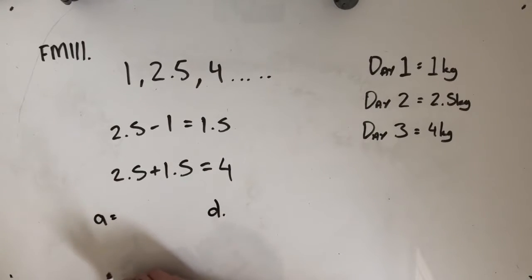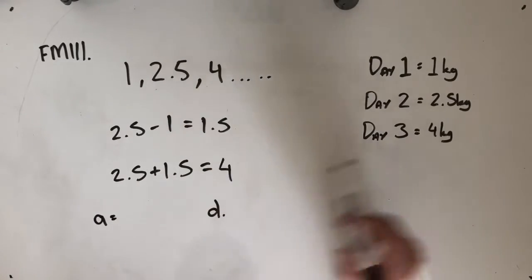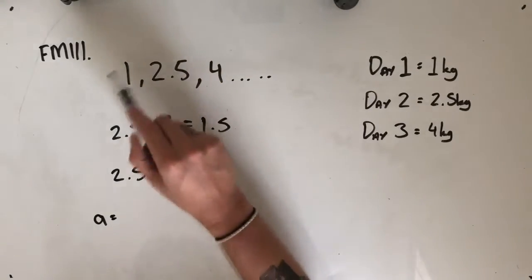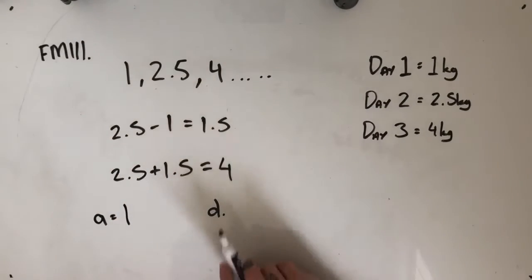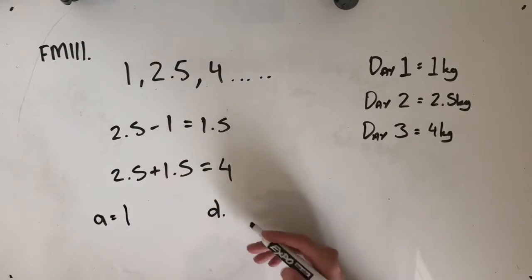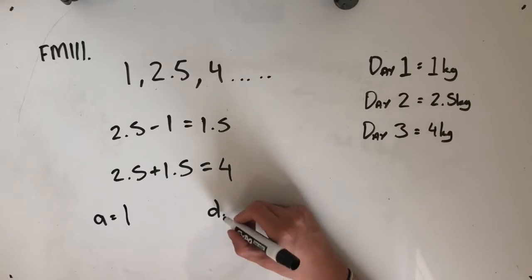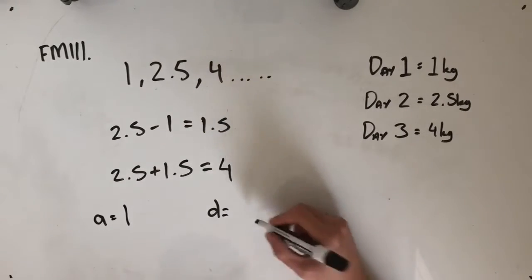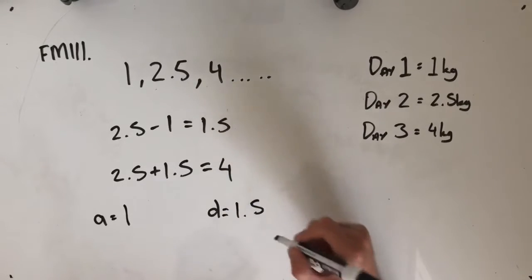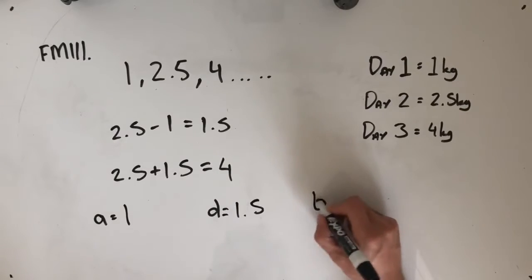Now, both our options A and B tell us that A, which is our first term, our starting value, is 1, and we can see that pretty clearly up here. Our starting value in this sequence is 1. The only difference between the two is the difference. So option A gives us a difference of 0.5, and option B gives us a difference of 1.5. Now, as we saw before, the difference that we calculated is 1.5, meaning that our answer to this question, FM111, is option